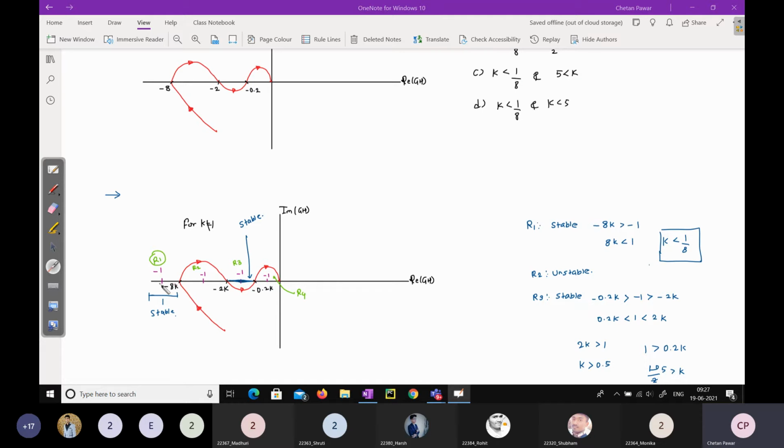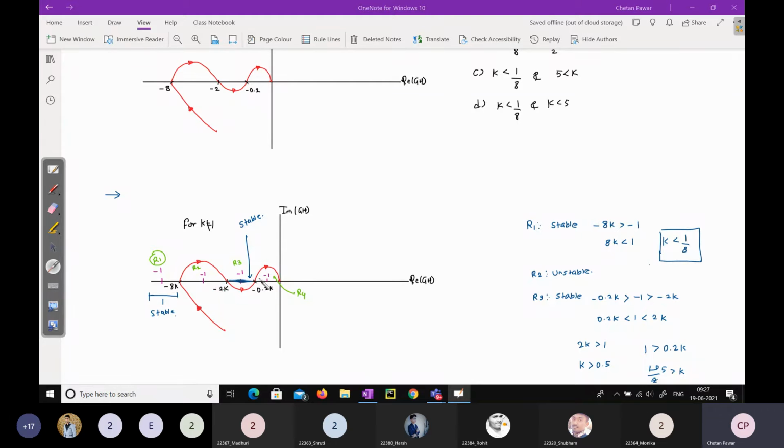So the first region. You need to determine whether region 1 is a stable region or not. This will be the polar plot. If you start walking over this polar plot, this -1 point will be on the left hand side of you, so it is not enclosing. So this will be the stable region. Let us see region 2. The -1 point will be on the right hand side, so this is enclosing, right? So this is not a stable region. In this region, the system will be unstable.